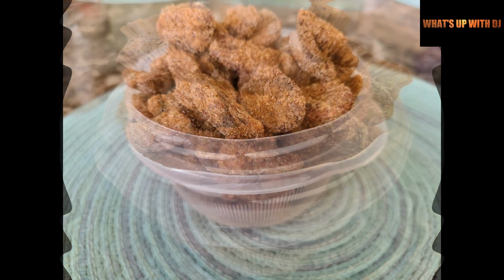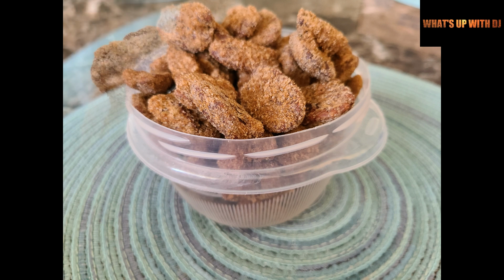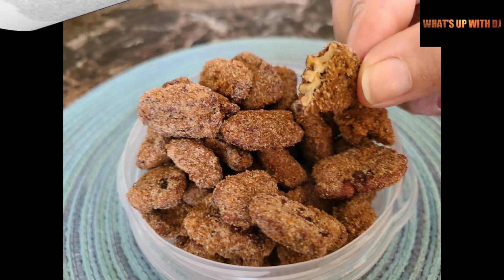And here's the finished product. And these smelled so good cooking. Oh my gosh, like a holiday in your house. And they're so good, I couldn't stop eating them. Anyhow, they're really good. I hope that you'll try